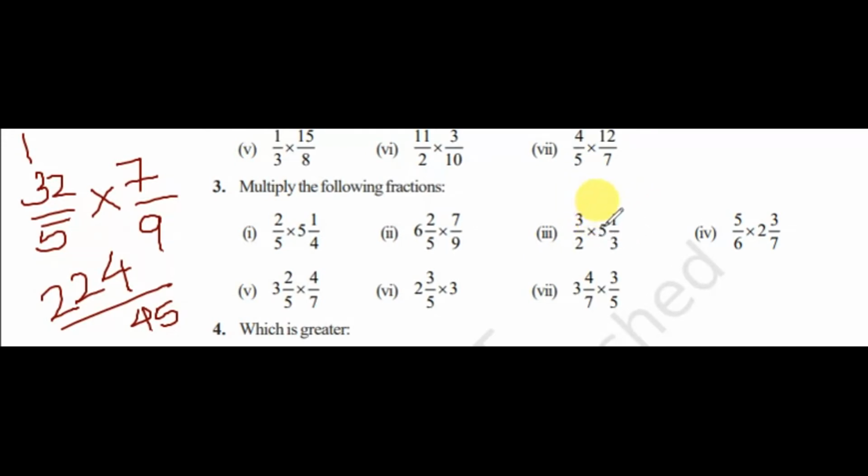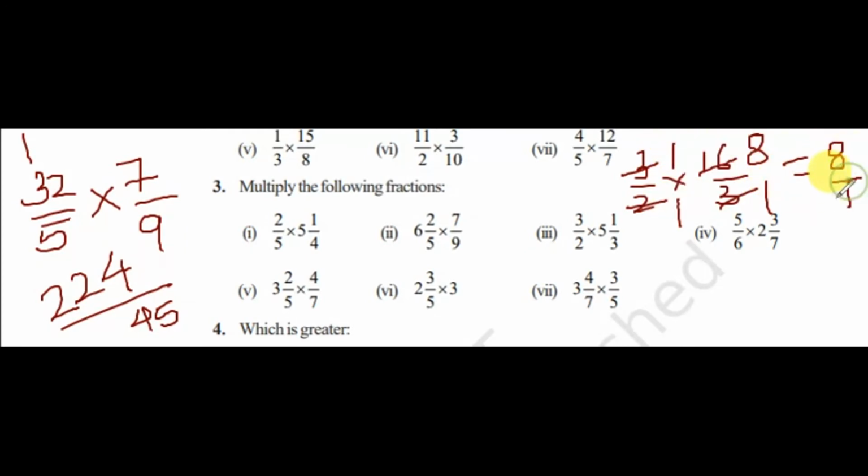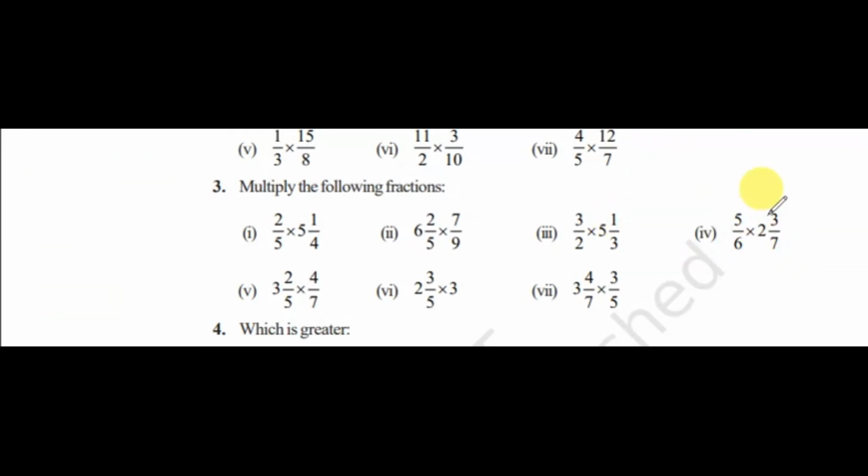Now this one, 3 by 2 into 5 1 by 3. 5 3s are 15 plus 1 is 16. So you will get 3 by 2 into 16 by 3. Correct. Now here you can see there is a 3 in the numerator and denominator, so this is common. 3 1s are 3, 3 1s are 3, and 16 by 2 is 8. 2 1s are 2, 2 8s are 16. So what is left, we have to multiply and write the answer. 1 8s are 8 and 1 1s are 1. 8 by 1 is nothing but 8. So the answer is 8 for this one.